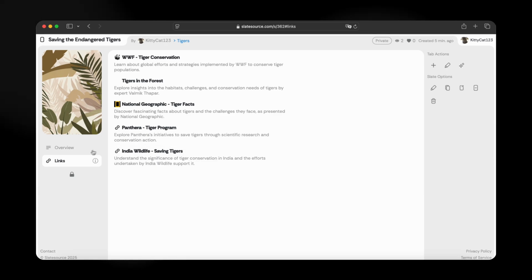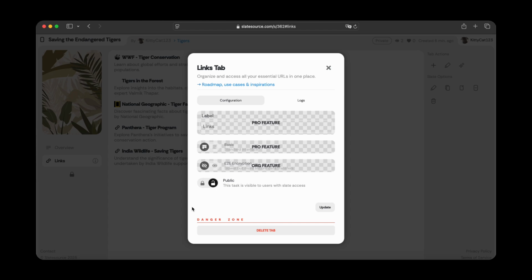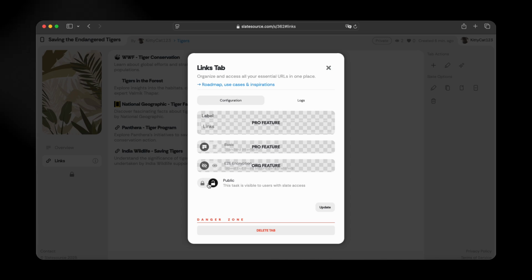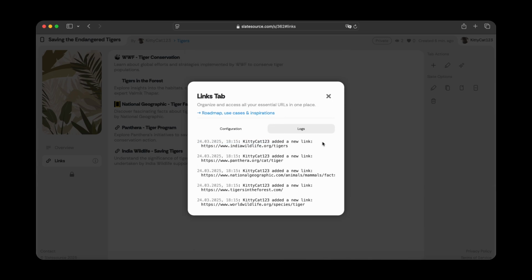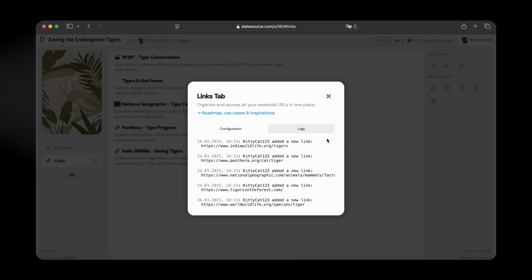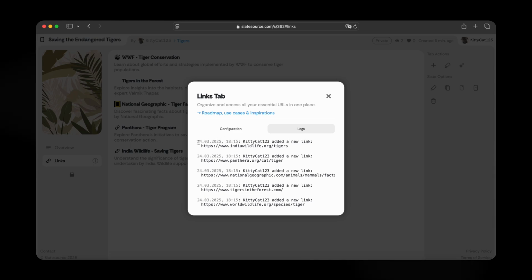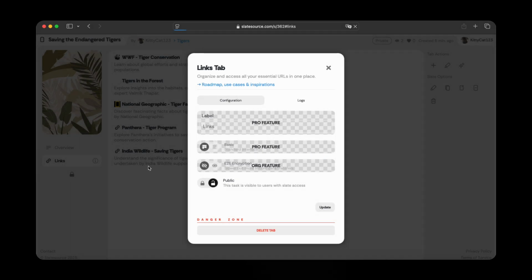Something I didn't mention is this information button allows you to configure your tab with extra customization. For free accounts, you can only make it public or private. So yes, a tab can be private within a slate so that it's not available to the public, but the slate can be public. Another thing you have access to is the logs. Whenever something happens, all the activity within a tab is logged in raw text with a timestamp. For now, I'll just remove the tab and move on to the next one,